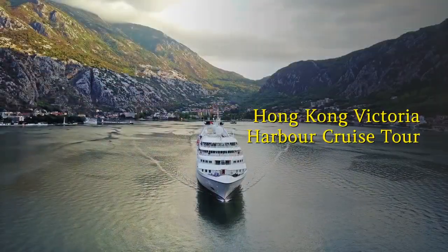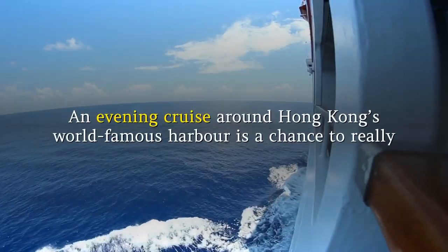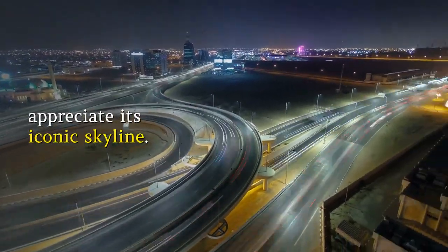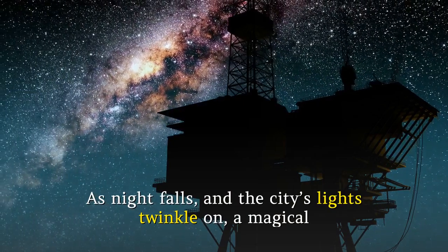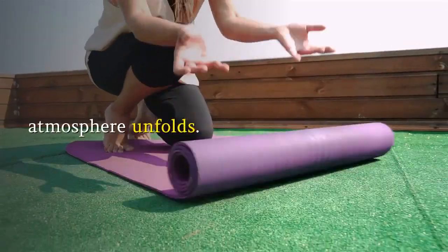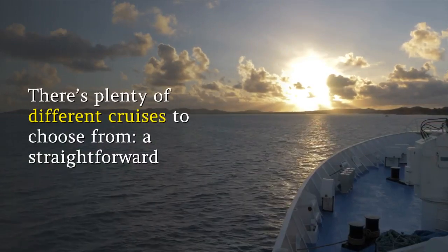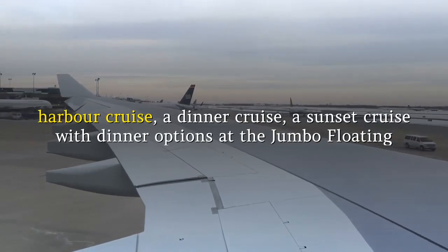Hong Kong Victoria Harbour Cruise Tour. An evening cruise around Hong Kong's world-famous harbor is a chance to really appreciate its iconic skyline. As night falls and the city's lights twinkle on, a magical atmosphere unfolds. There are plenty of different cruises to choose from: a straightforward harbor cruise, a dinner cruise, a sunset cruise with dinner